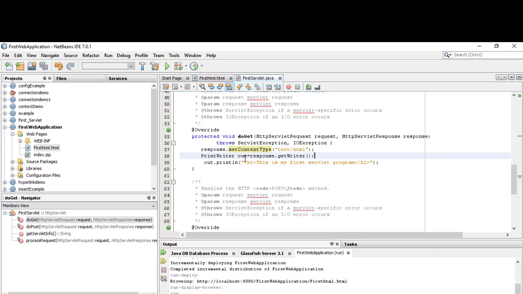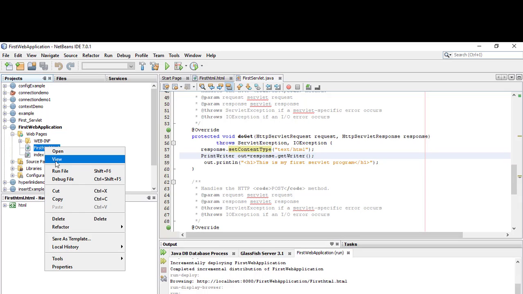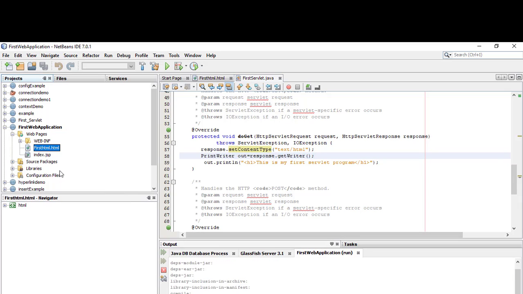Use this out object to print the line on the output screen. out.println. This is my first servlet program. So this program is all about when I click on the submit button, this line will be displayed. So let me run the program.